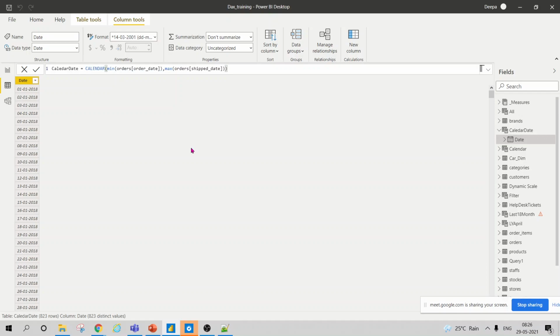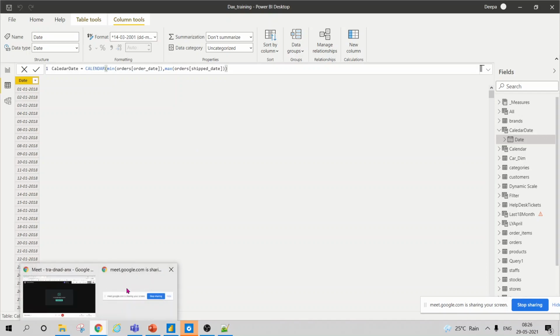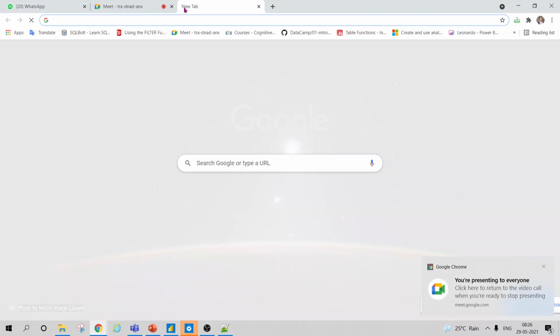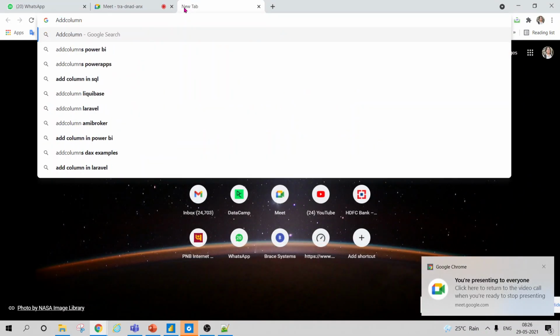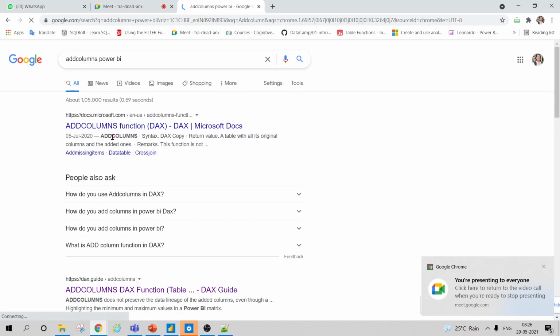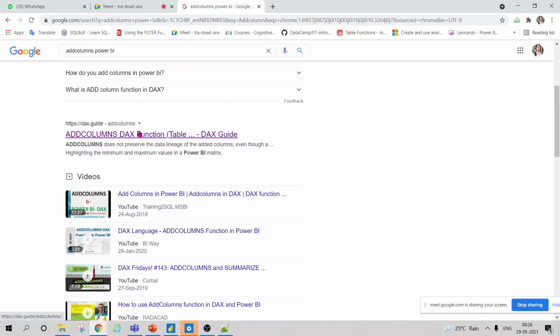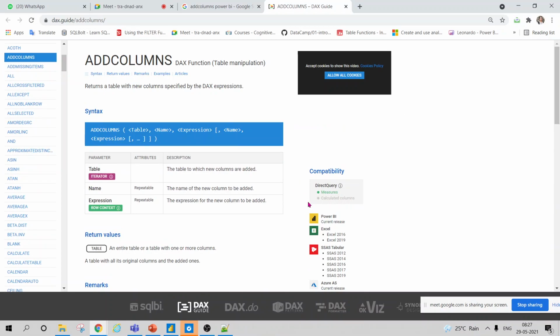Now there is a function in Power BI which is called add columns. So I will go to add columns. There is a DAX guide which gives you very good information. So what does add columns do? Add columns returns a table with new columns specified by a DAX expression. Whenever you write DAX with add columns, it will create a column in your table with whatever expression you write.